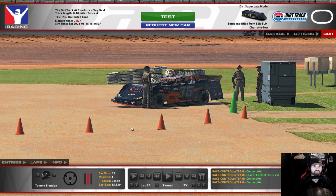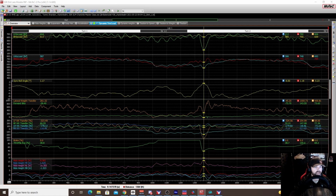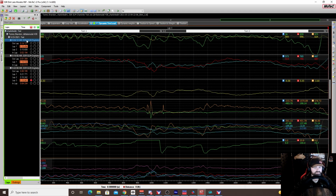Now, I told you I was going to show you what it's doing and bring this over. Let's load up the last two that we did, which was the right rear too high and the left rear too high. Okay, so if we look at this first one here,